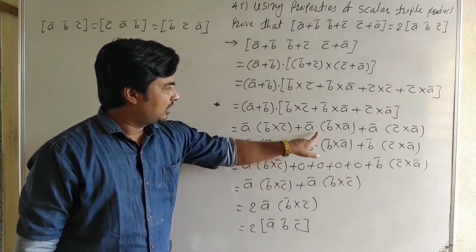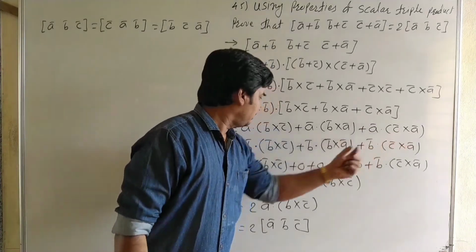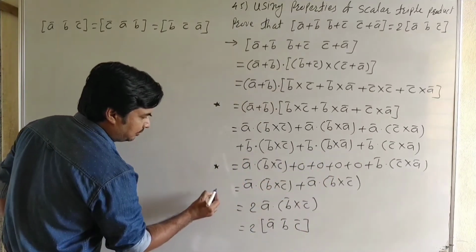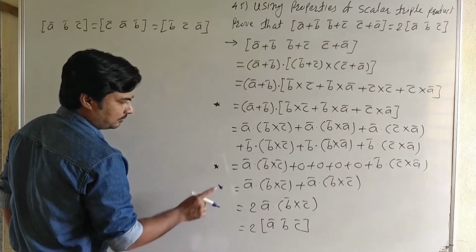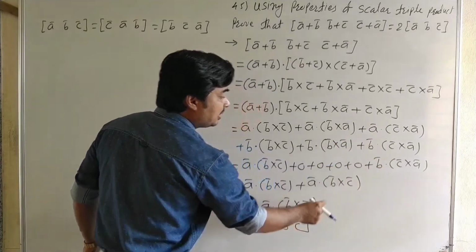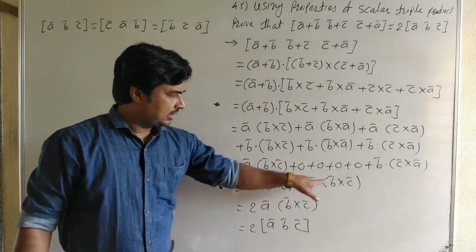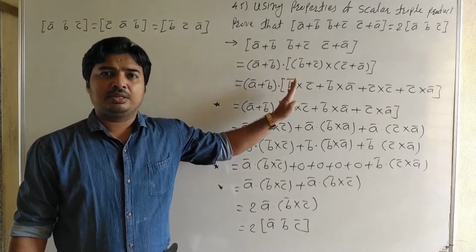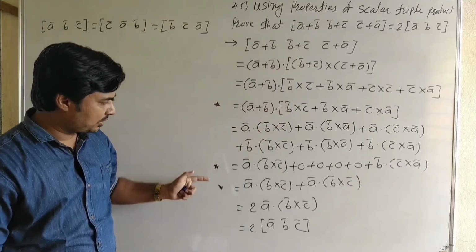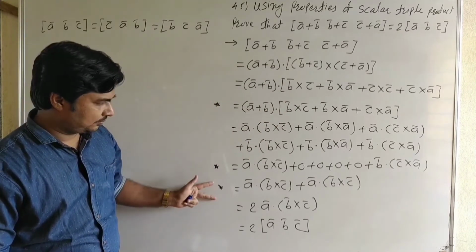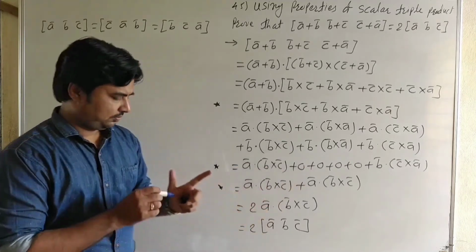Here two vectors are same, two vectors are same, and here two vectors are same. Then here, the first term is as it is, but the last term, here we use the cyclic property. In this we take simple multiplication of brackets and use the properties of scalar product and scalar triple product, and we get the answer.